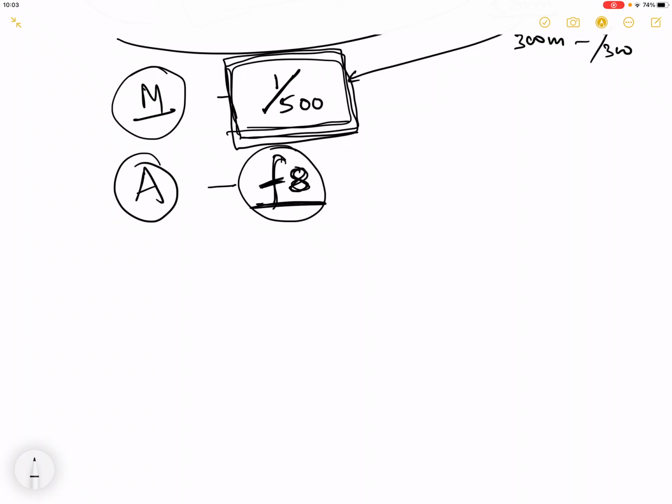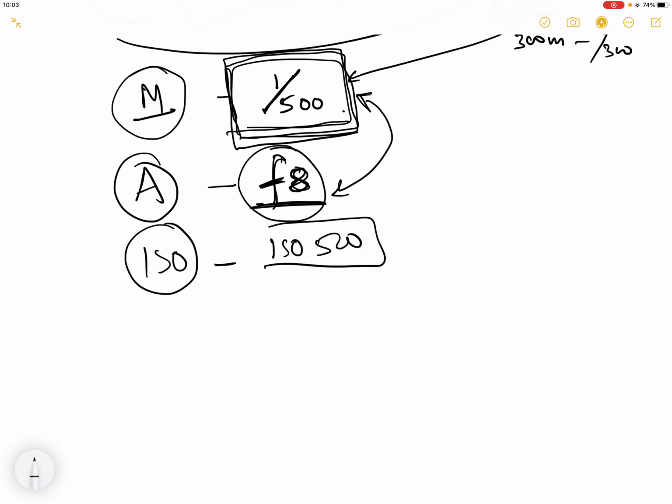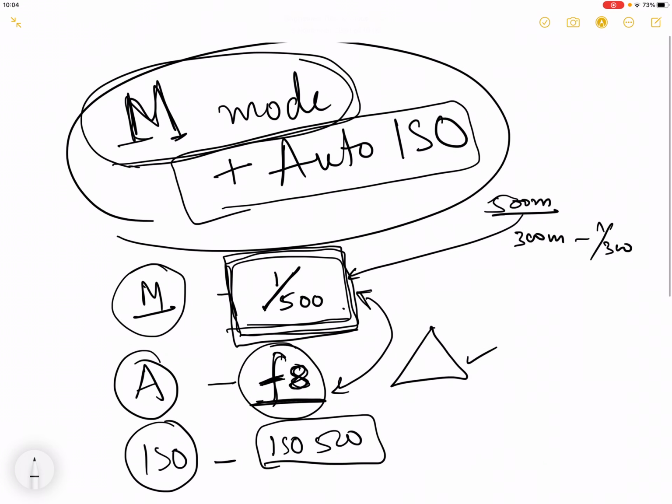Now the third parameter is of course the ISO. The chances are we need to set the right ISO for this shutter speed and for this aperture combination. And let's say, ideally speaking, ISO 500 was the right ISO for this combination to make the exposure triangle perfect. All right, so the method here we are talking about, which is manual mode in association with an auto ISO,